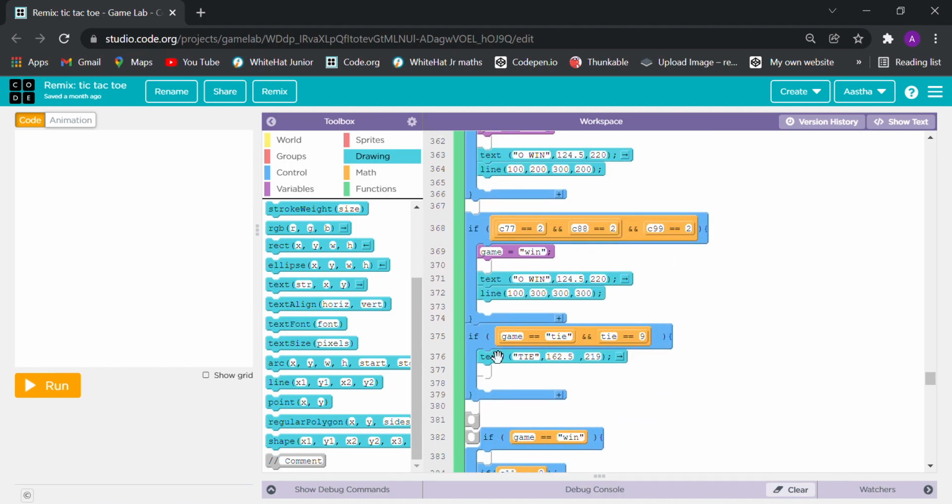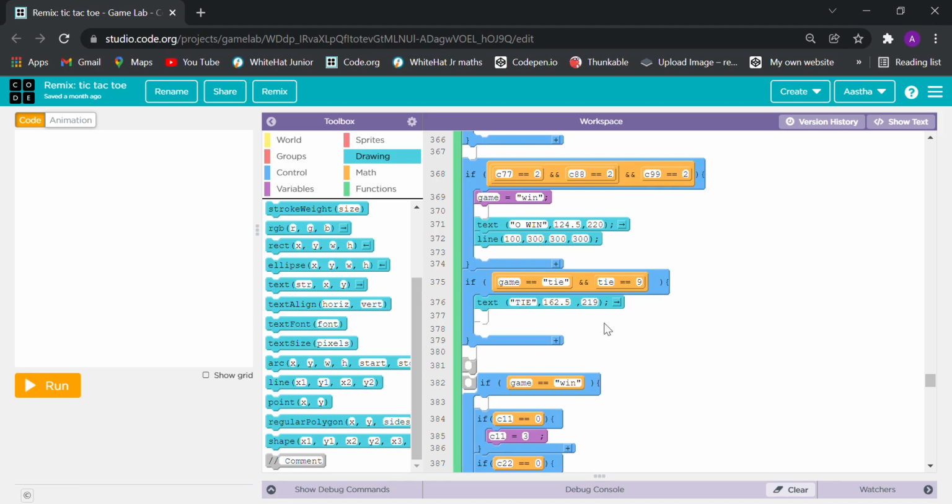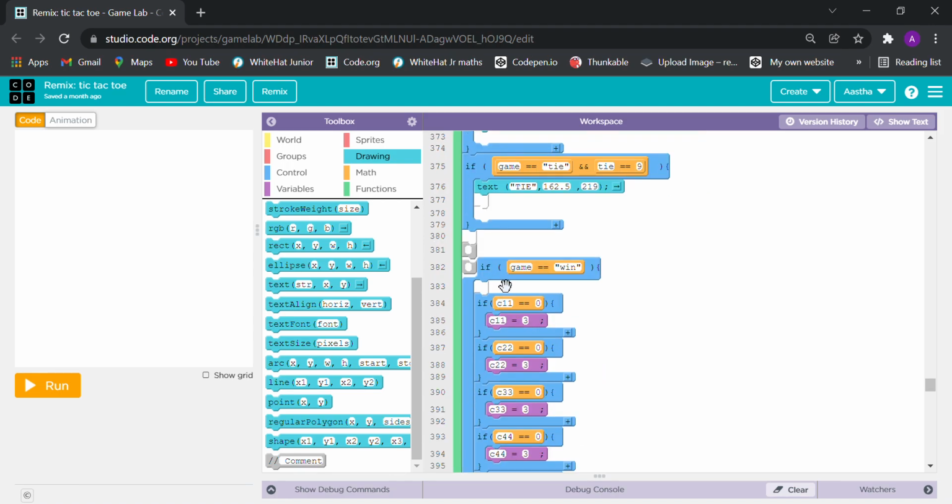Now in the 375 line, if then we will take one and block, and then game is equal to tie, and tie is equal to 9. Okay, then text tie 162.5 to 119. Okay, then after that in the 382 line, if game is equal to win,